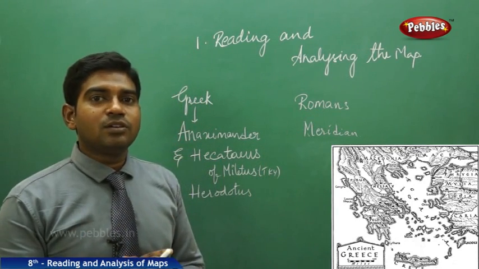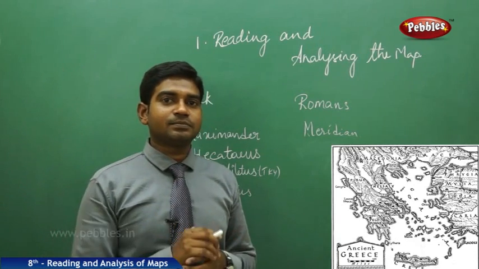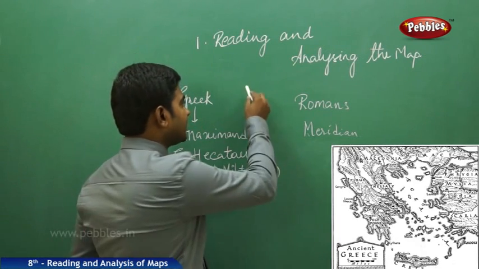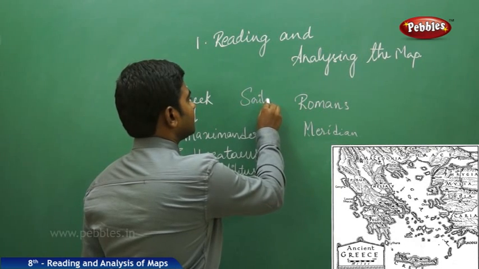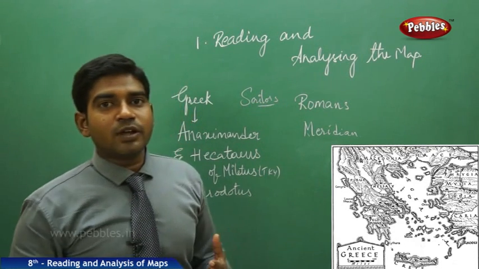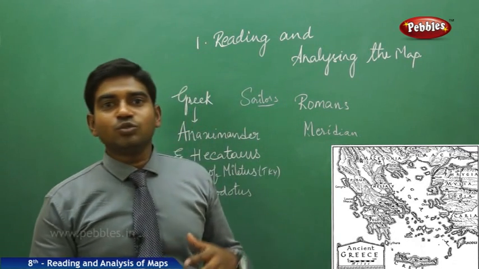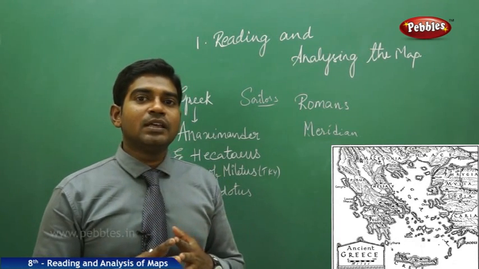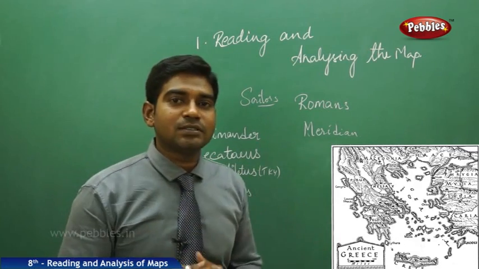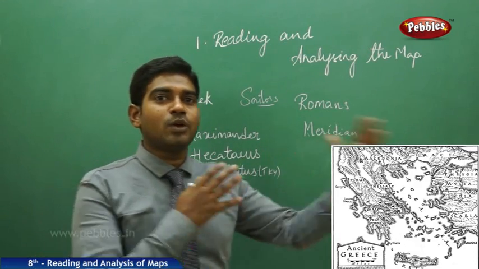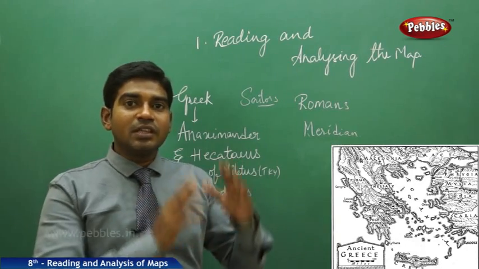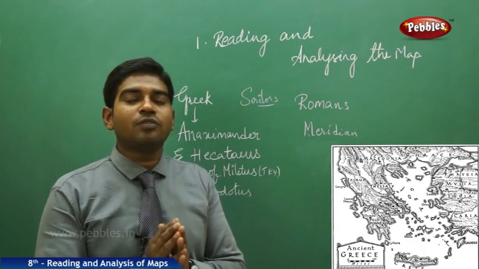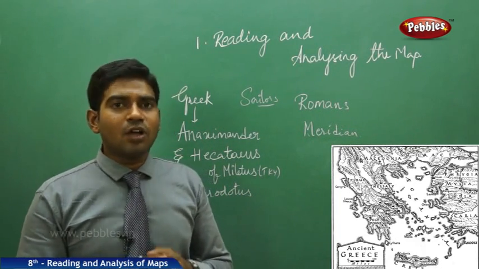What was necessary for them to find out about the locations of other places? Here we have to remember one point: we have sailors. The sailors used to move from one place to another to do their business and merchandise. When they were doing that kind of business, they needed to understand what was happening in other places. It had to be the right time for them to move, so that the climatic conditions and the season were right to get their final product output and get their business done successfully. For all these reasons,